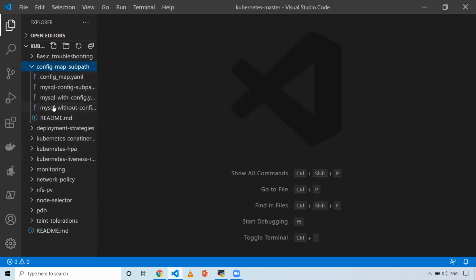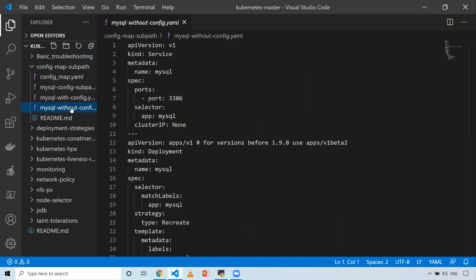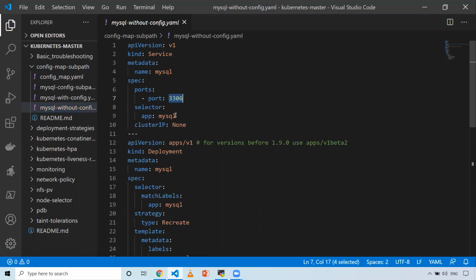The first thing I'm gonna deploy is MySQL without config via YAML. For this, I'm creating a very simple service of type ClusterIP. As you can see, apiVersion v1, kind is Service, metadata name MySQL, and in spec I've given ports, with the port defined as 3306.